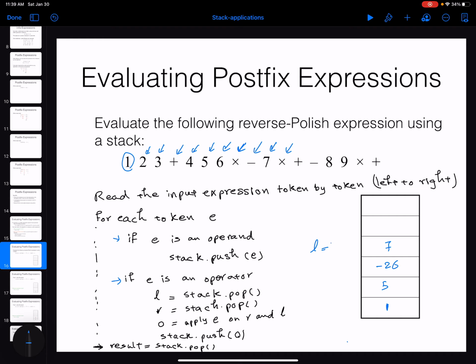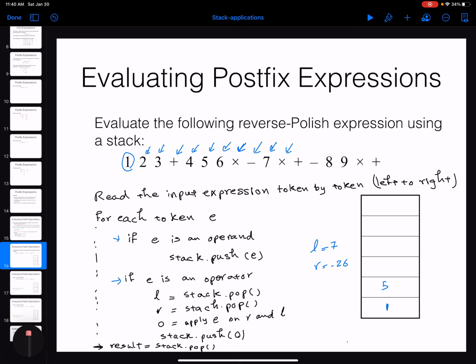So L will be 7. Another pop. R will be minus 26. You apply the multiplication over this, which I don't remember exactly what the result was, but